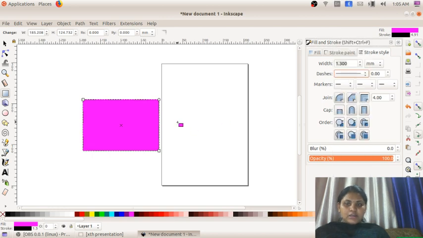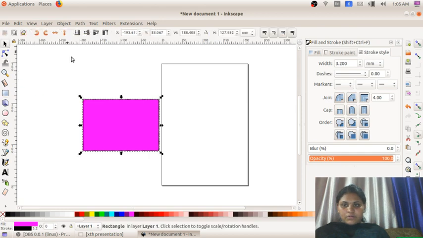Okay, suppose I want to increase the width of this outline, I can do this. One minute. First of all I will select the object, then I will increase the width. You can see the width of this picture is getting increased.